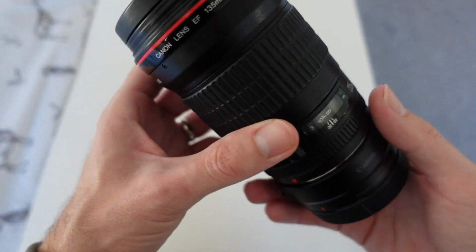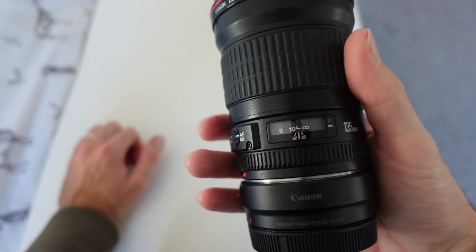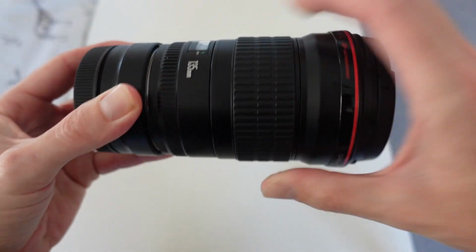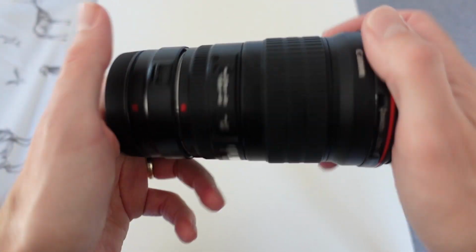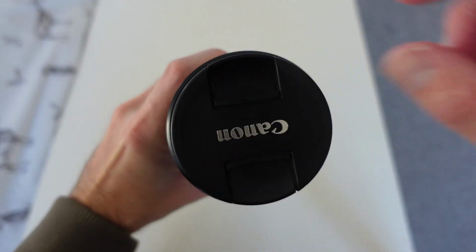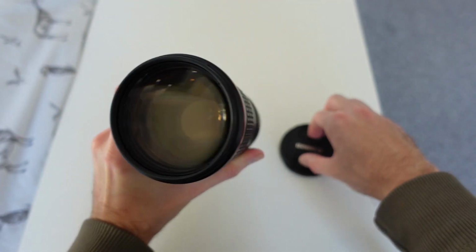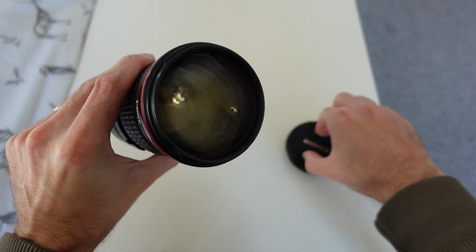I just thought I'd jump on here real quick because a few weeks back I acquired a new lens and it's my first ever L series lens. I decided to get something which was more on the telephoto end rather than the wide angle, and this has not disappointed. I've been lucky enough to test out this lens in a real world scenario when I went to